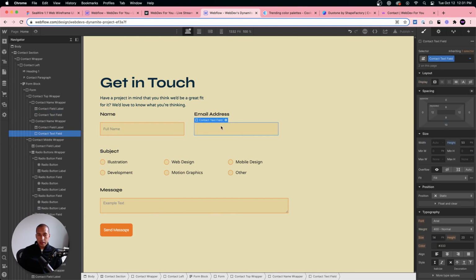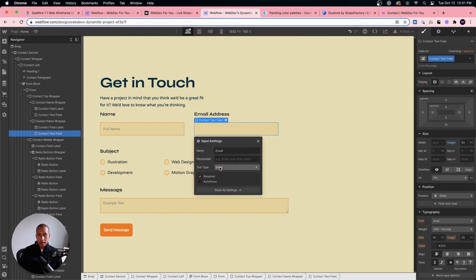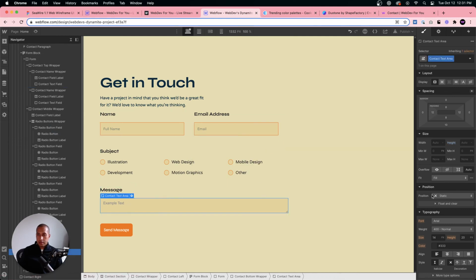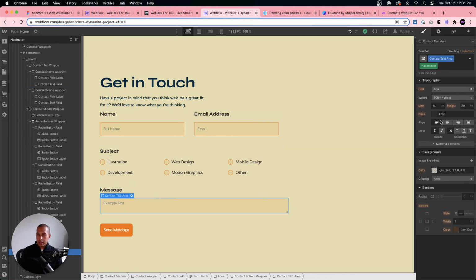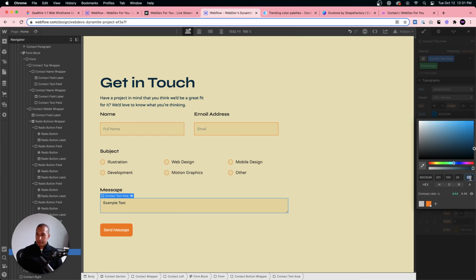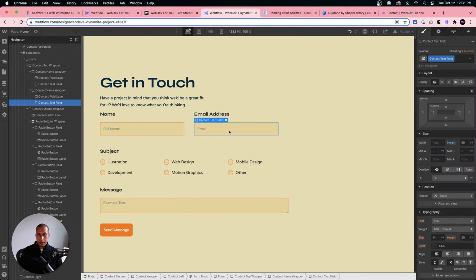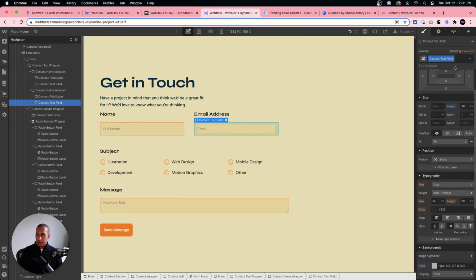Okay. And the same for this, we'll say email, and then for this, let's go to placeholder and set it to Varela Round, and that blue color, and 40. All right. Cool.